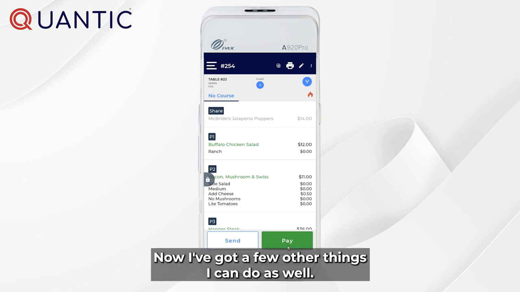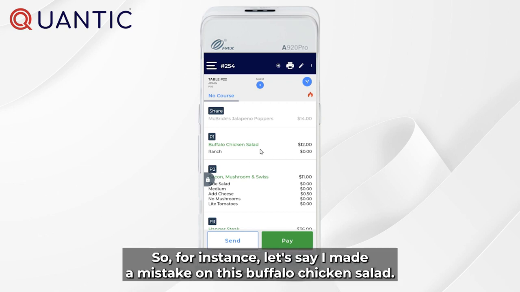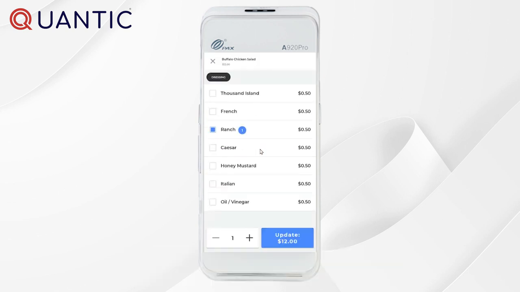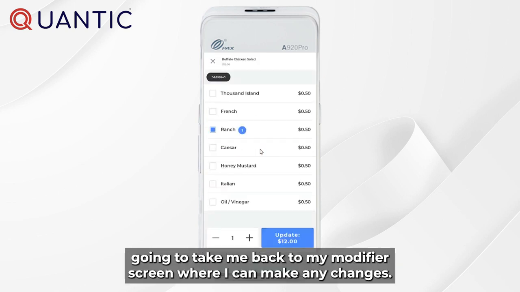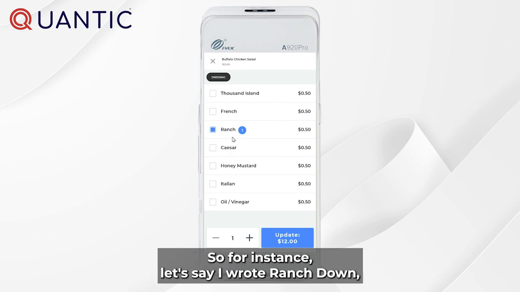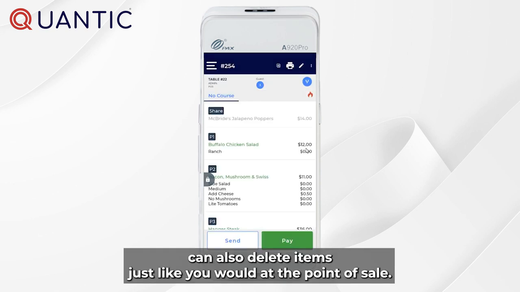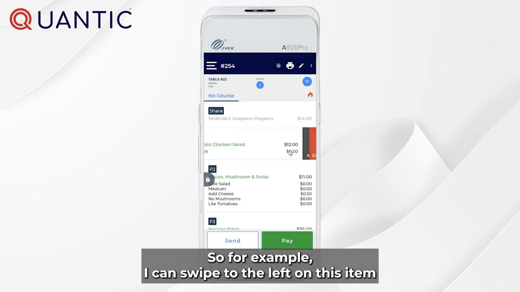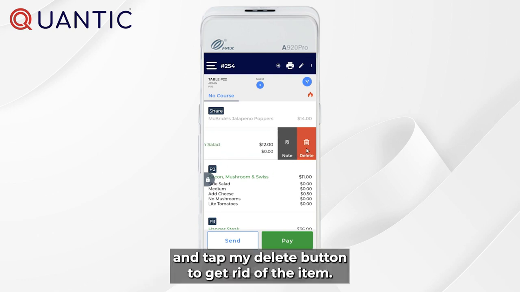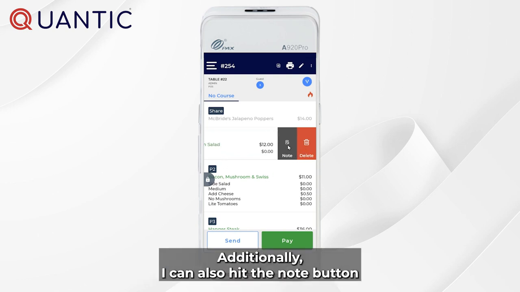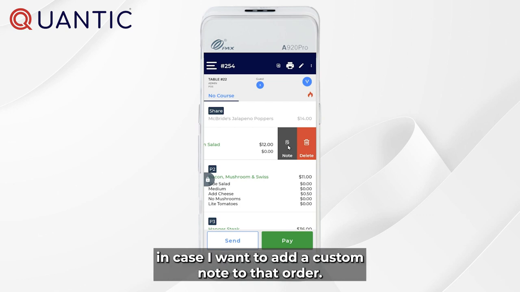Now I've got a few other things I can do as well. So for instance, let's say I made a mistake on this buffalo chicken salad. If I click on the buffalo chicken salad, it's going to take me back to my modifier screen where I can make any changes. So for instance, let's say I wrote ranch down, but I remember they actually wanted French. You can also delete items just like you would in the point of sale. So for example, I can swipe to the left on this item and tap my delete button to get rid of the item. Additionally, I can also hit the note button in case I want to add a custom note